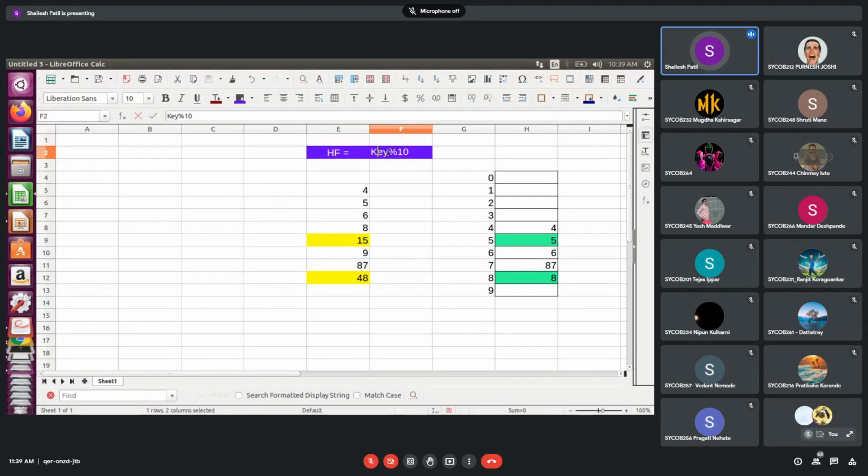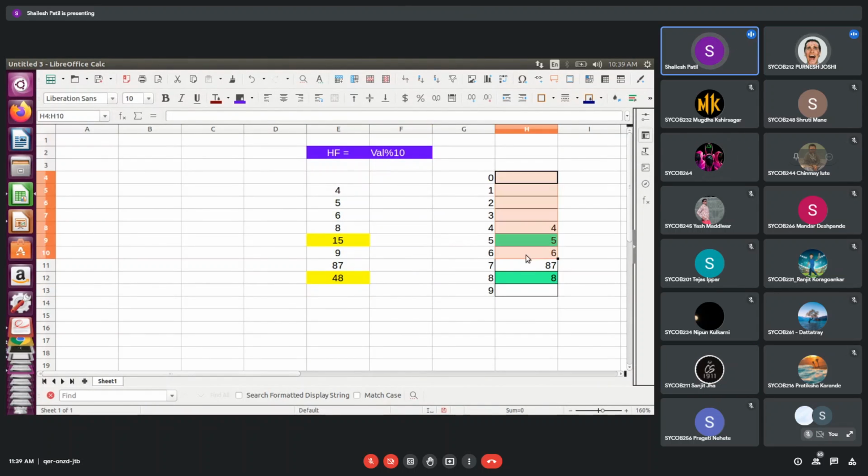Value or key, we can say, no issue. Both will be the same or different. Just tell me what is in your mind for value and key. What will you call this 4, value or key? Value. And key is what? Storing index. Okay.